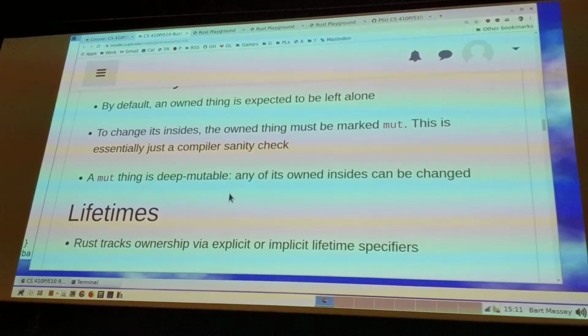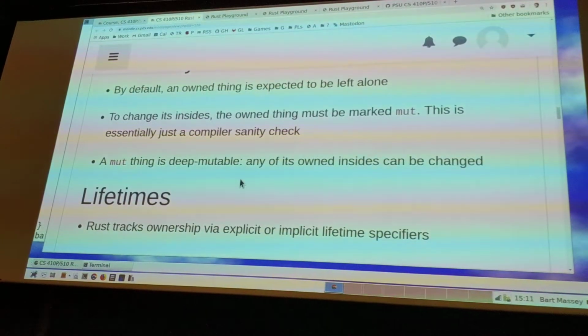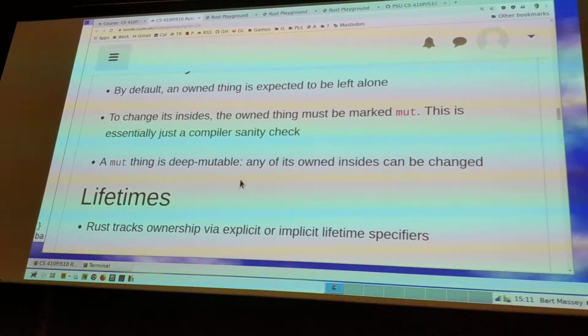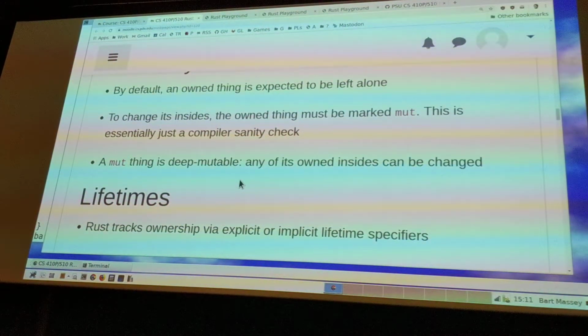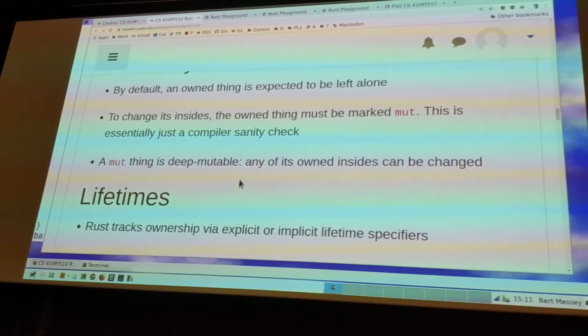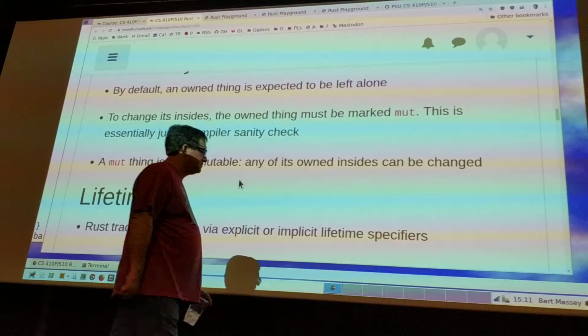That's a big difference from a lot of languages, like C++, where copies are shallow by default. There's no good way to get a shallow copy in Rust. And the reason they made everything deep copy and deep mut is because the static analysis is just hard to make work if you don't do that. So for safety purposes, it turns out to be better. But watch out for that. It's a thing that's going to happen. It's normally a feature, but when it's a bug, it's a real bug.